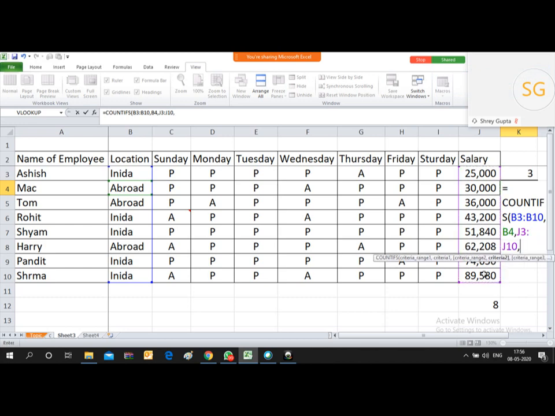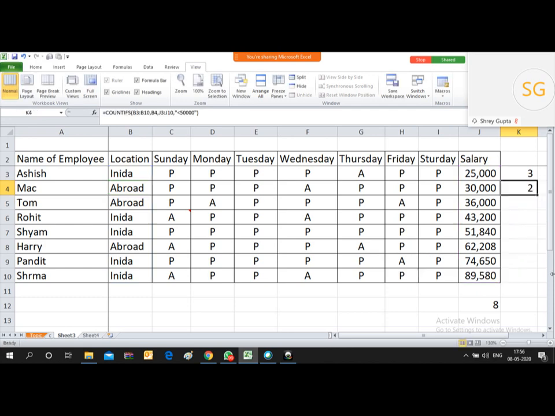After putting comma, you need to provide the criteria, that is employees getting salary lower than 50,000 abroad. So less than 50,000. Then close the inverted comma, close the bracket, then press enter.